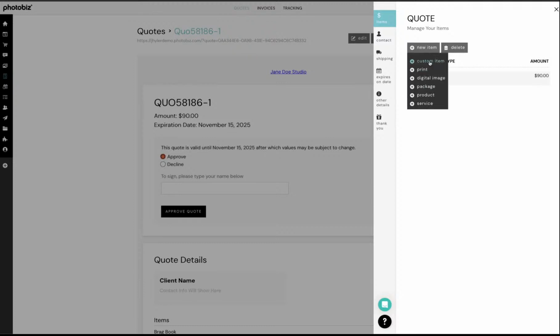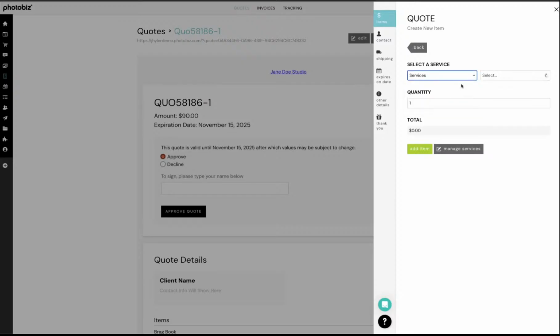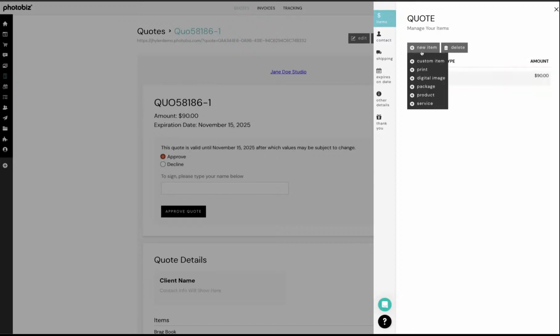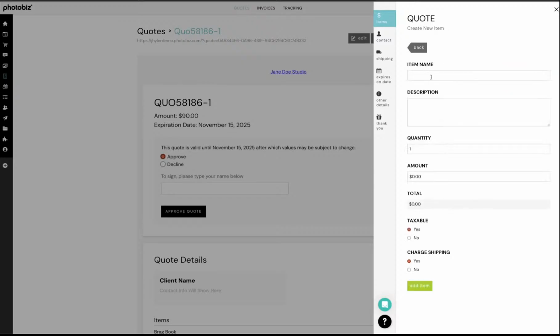Now, if you have something that isn't on a service, like a service that isn't there or anything like that, this is where you can customize a lot of those options as well. So for here, let's go ahead and add a custom item line. So this is going to be for a session fee. So we'll put session fee,